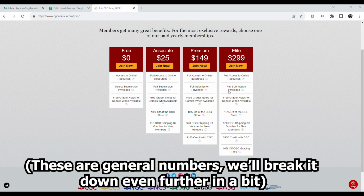And the elite tier makes sense if you're going to submit and spend $1,500 in grading fees or more per calendar year, because you get 10% off grading fees. So if you spend $1,500, 10% of that's $150. You add that to this, and that washes out the annual fee. That breaks down to about 75 modern books. So if you're going to submit about 75 modern books or the price equivalent of that per calendar year, the